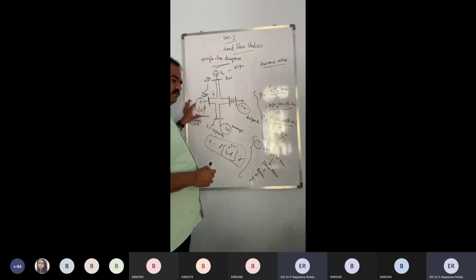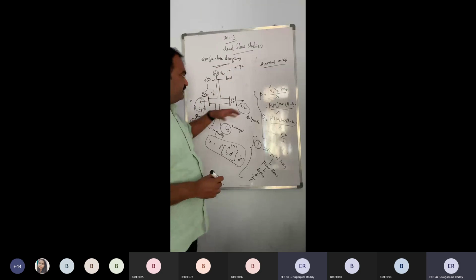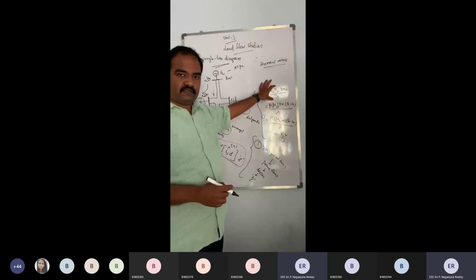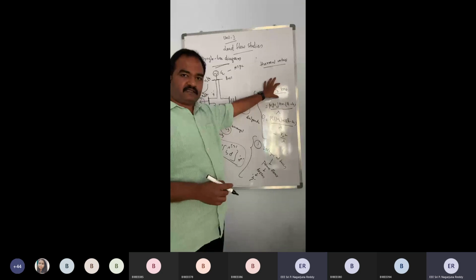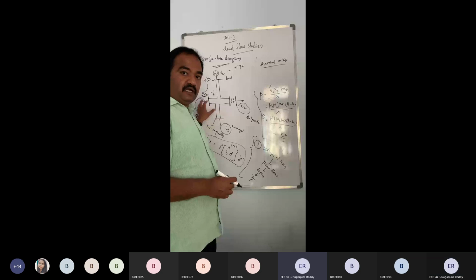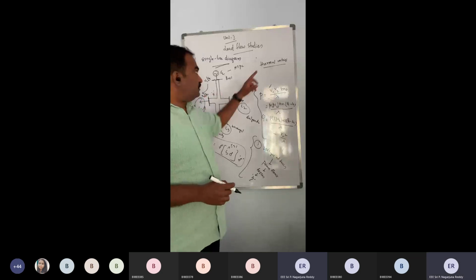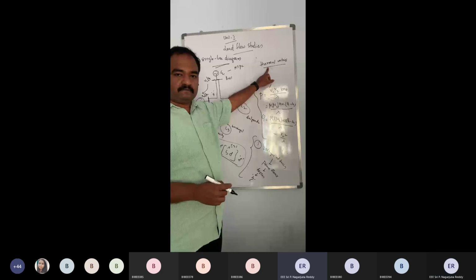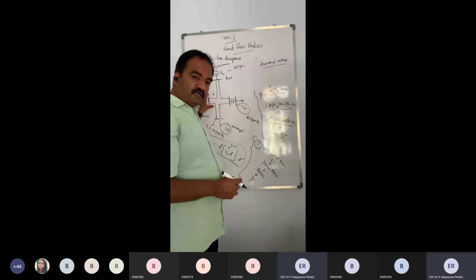So let us suppose I have the ability to increase my generation to meet my demand, and I have the capability of increasing the voltage and increasing the angle. Then I can increase the loading of my transmission line, isn't it? Up to what extent can I load my transmission line? Till I reach my thermal rating. So for further loading of the transmission line, you are supposed to compute the present load, and then you are supposed to focus on expansion.